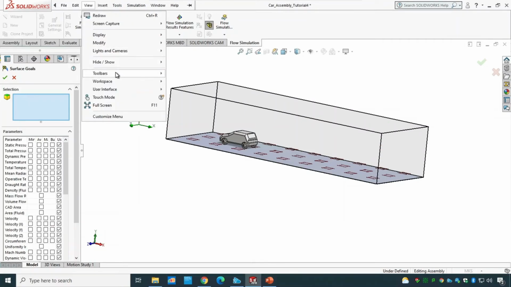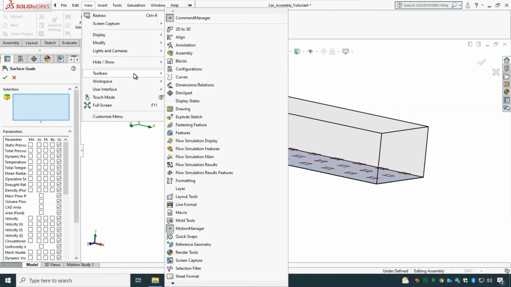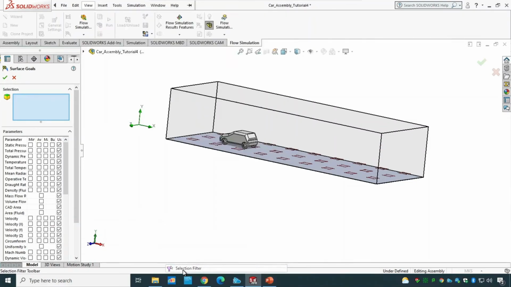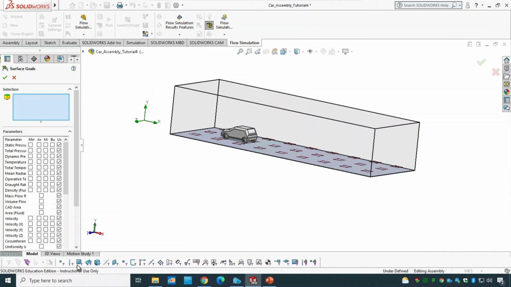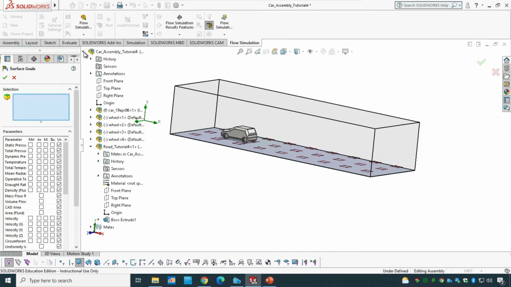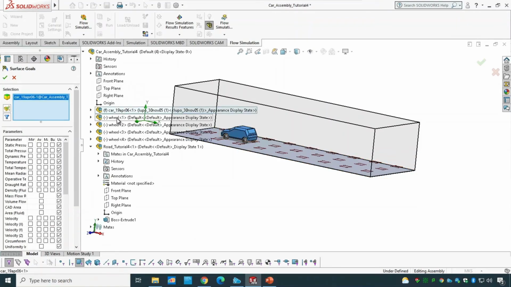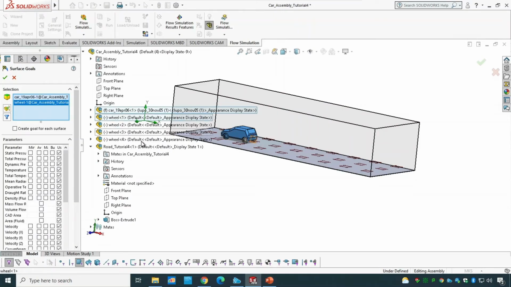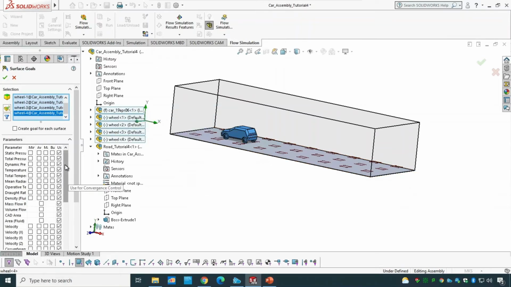From the view, go to the toolbar, and from the toolbar, bring the selection filter. And for the selection filter, I'm gonna pick up the filter faces because I want to just pick up the face of the car, not the inside of the car. I'm gonna pick up the car, wheels, wheel 1, wheel 2, wheel 3, wheel 4, and what I'm gonna do, I'm gonna pick up the force X,